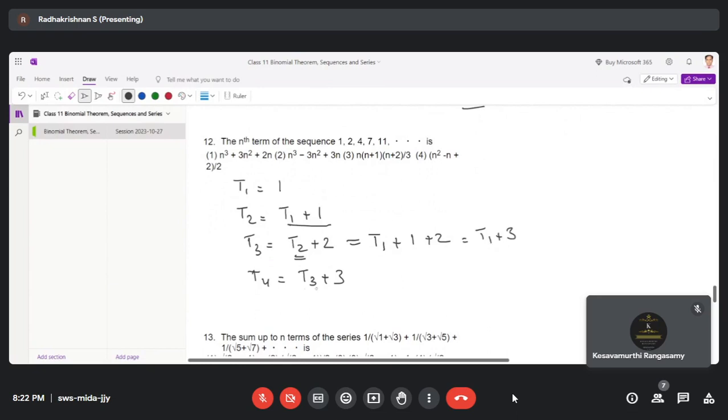And this one is T3 plus 3, right? That means this is T1 plus, because T3 itself is T1 plus 1 plus 2. See, with respect to T1, here 1 is added, here 1 plus 2 is added, here 1 plus 2 plus 3 is added. So that is how it goes. So naturally, T5 will again be T1 plus